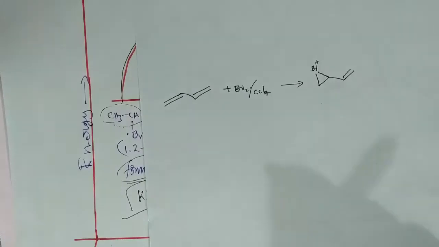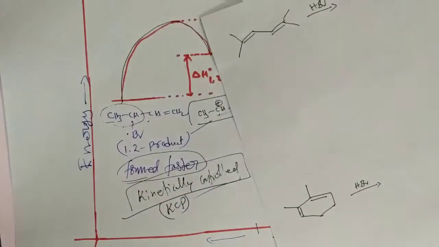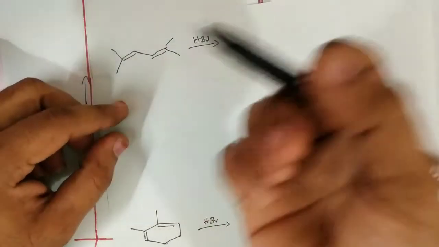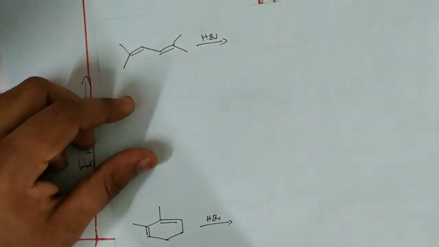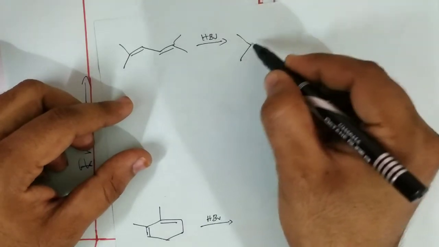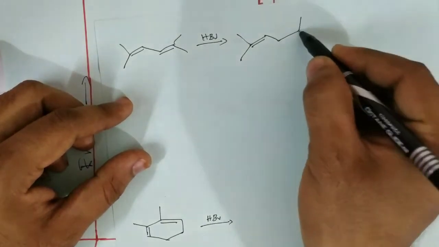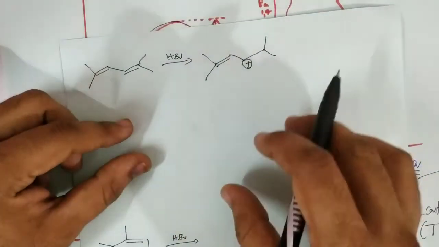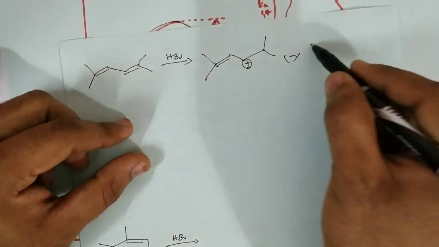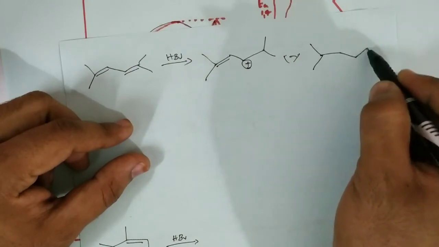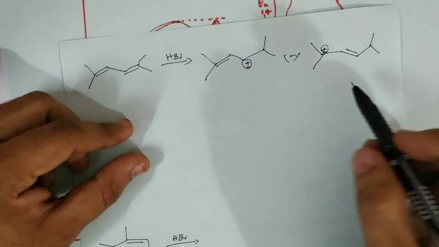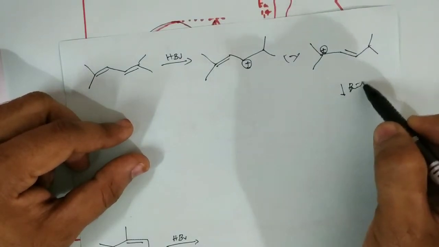Okay, now the addition of the Br2 molecule. Okay, so sorry, let us discuss this reaction. The protonation takes place on which carbon? So generally protonation takes place on this one. So we will get this carbocation. This carbocation is stabilized by the resonance, and by the resonance here you will get a further more stable carbocation. It is a tertiary carbocation. So this is attacked by the Br minus.